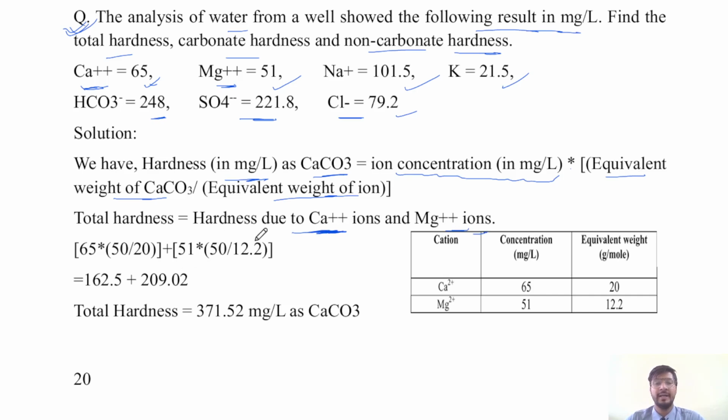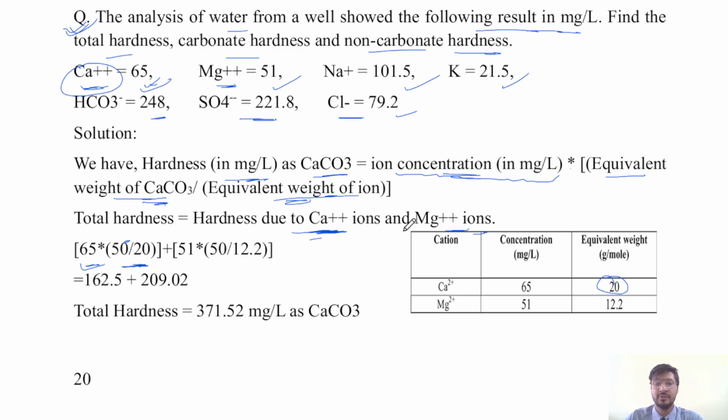So the hardness due to calcium ion means the ion concentration is 65 times equivalent weight of CaCO3. The equivalent weight of CaCO3 is 50 divided by equivalent weight of ion, that is equivalent weight of Ca++. Equivalent weight of Ca++ is equal to 20. So 65 into 50 divided by 20, where 50 is the equivalent weight of CaCO3, plus